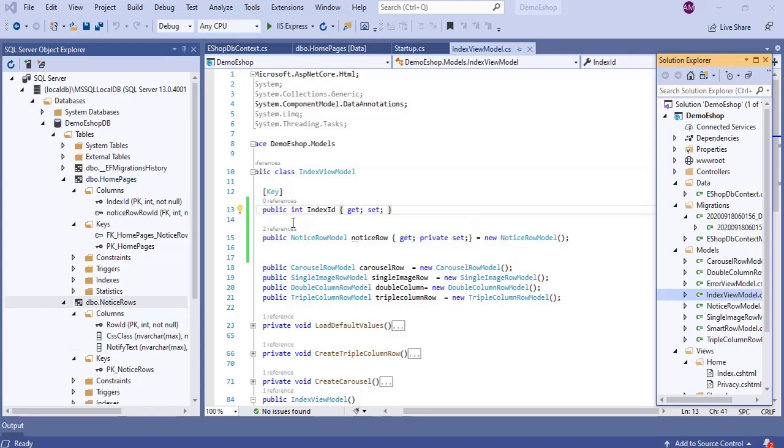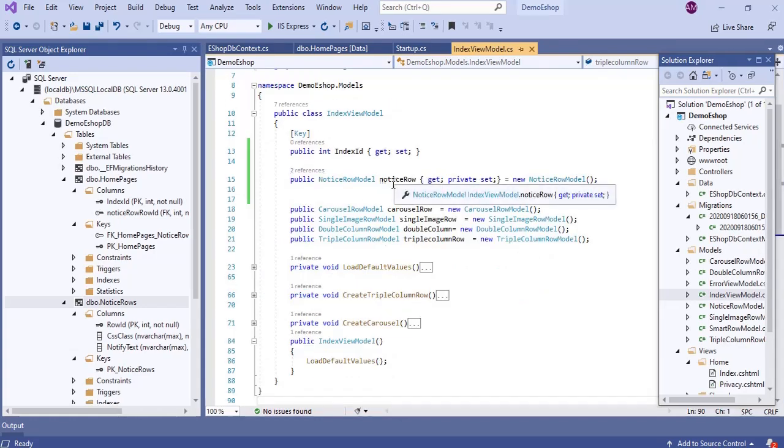If you don't specify the key here, EF Core automatically creates a column with the name ID and makes that the key, but we don't want that to happen. So we have specified our column name as index ID, and that index ID will be our primary key. Then notice row model. In here, this notice row becomes the child object for the index view model.